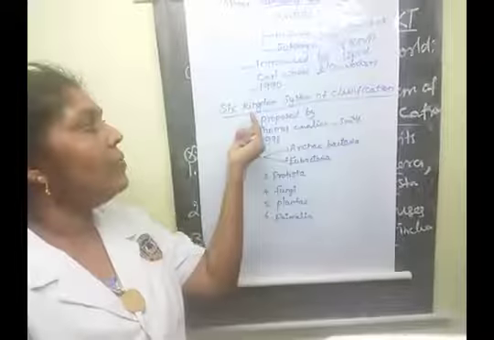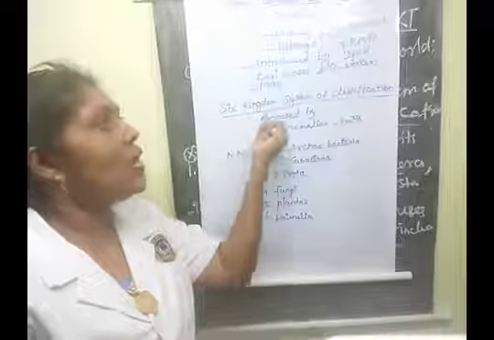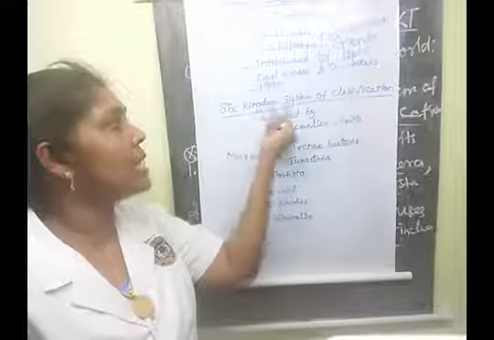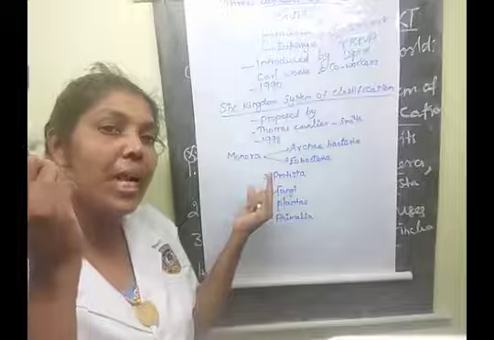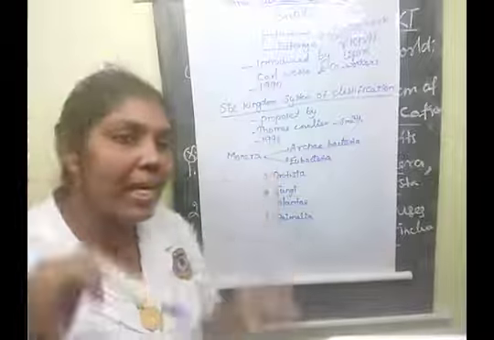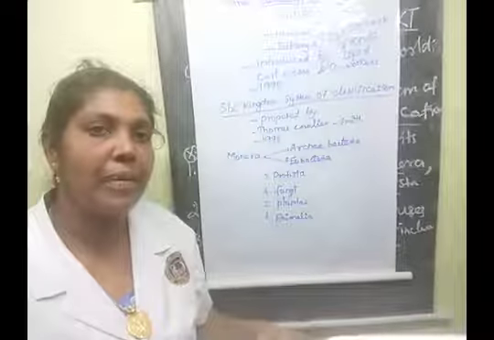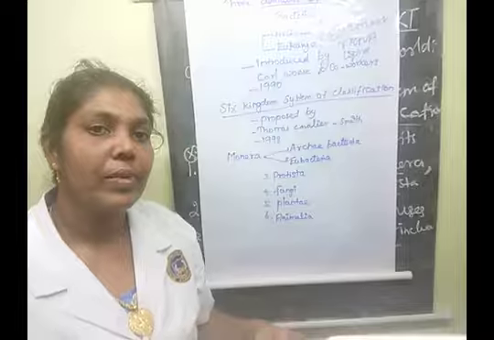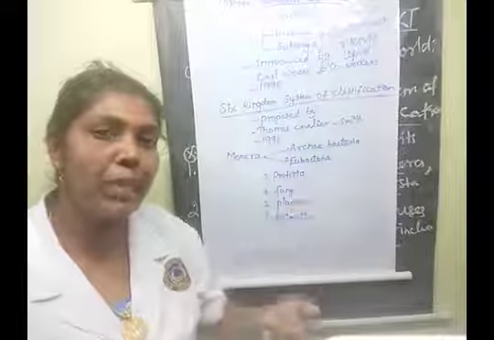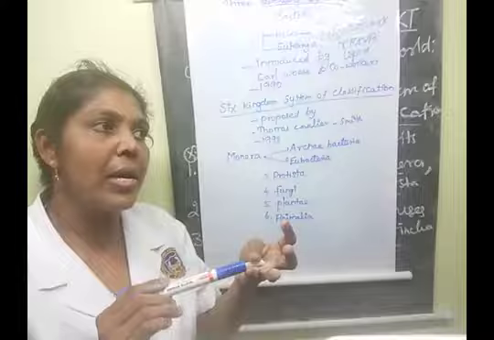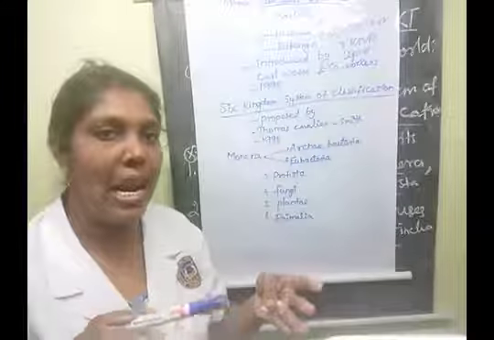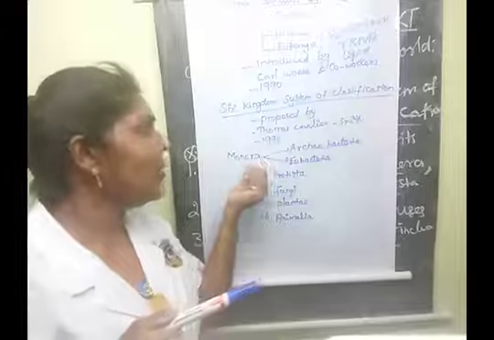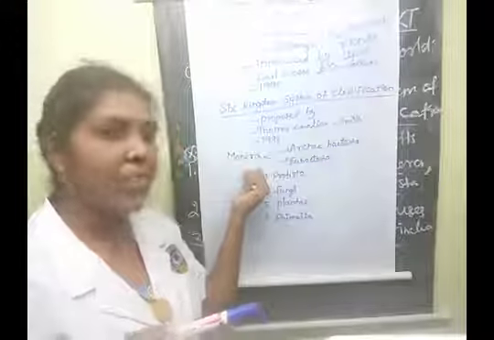Okay. How will you classify this six kingdom system of classification? Already we studied the five kingdom system of classification. Am I correct? Can you say the kingdom names? Very good. Monera, Protista, Fungi, Plantae, Animalia. Am I correct? Yes. So here, in the six kingdom system of classification,